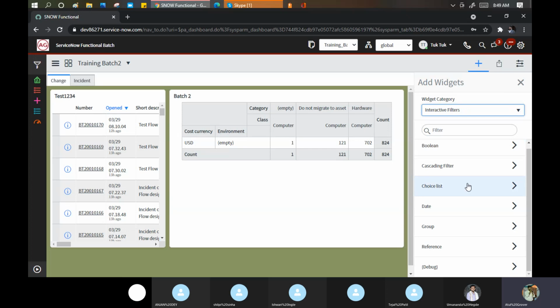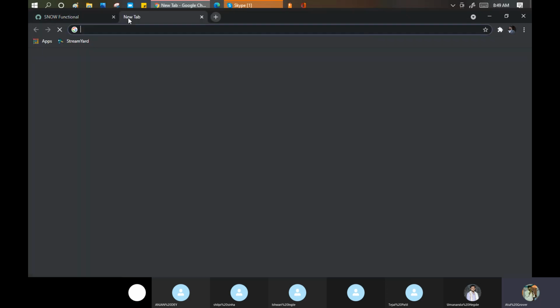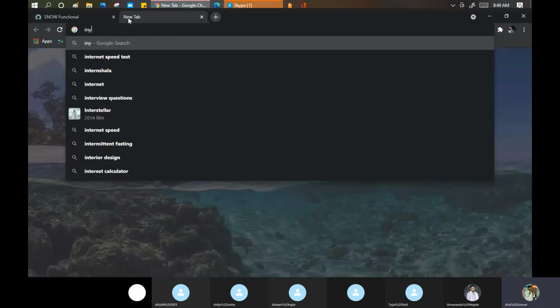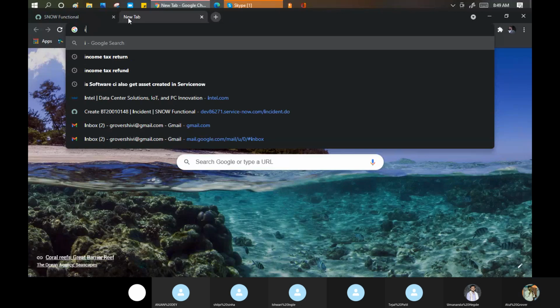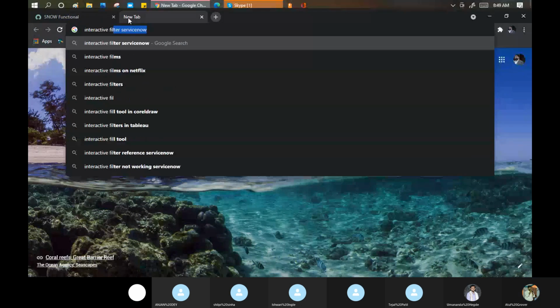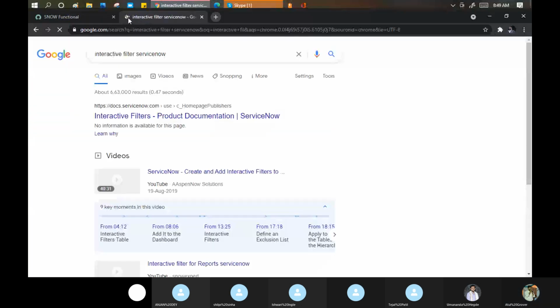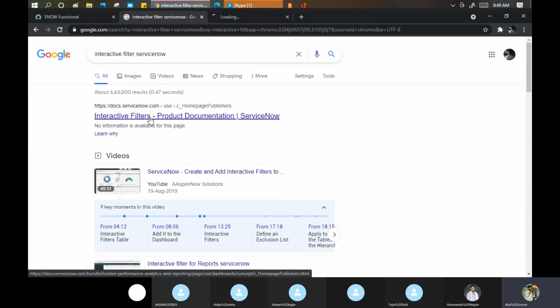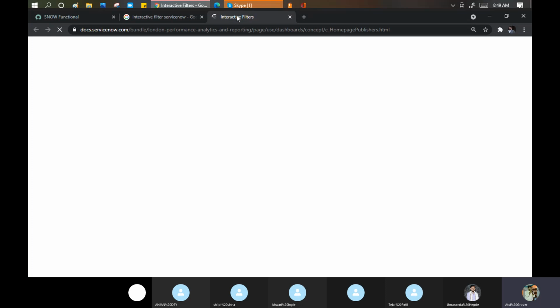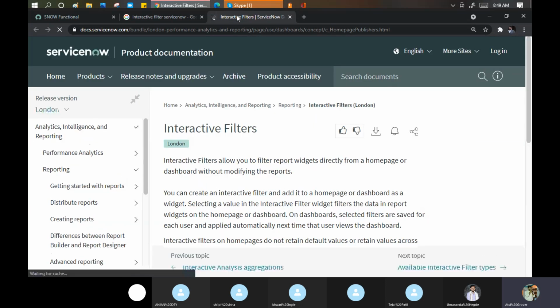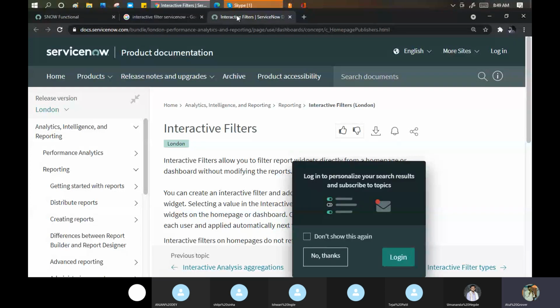These are my interactive filters. So what does this mean specifically? Basically, what are interactive filters? Those filters which can help you change the results of your report by using filtration only.